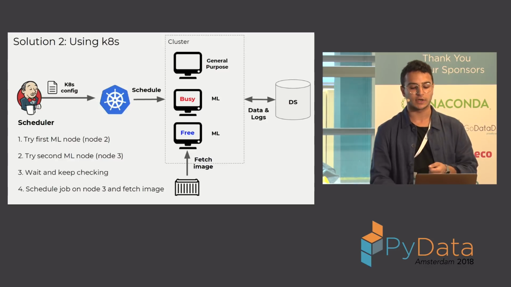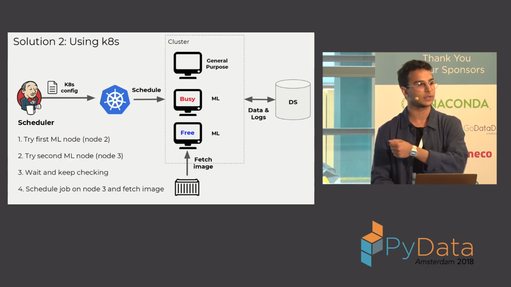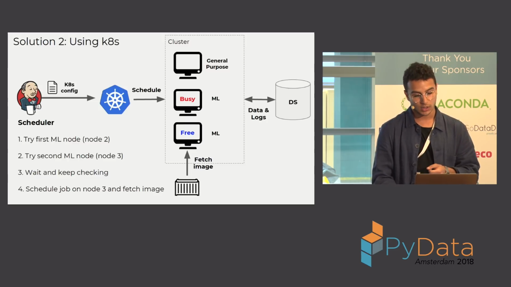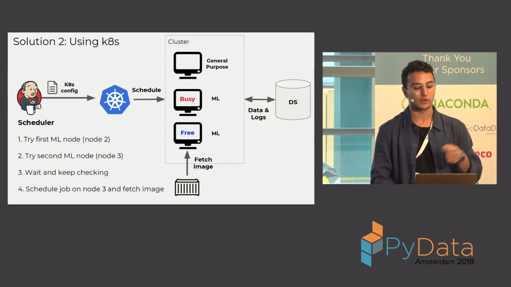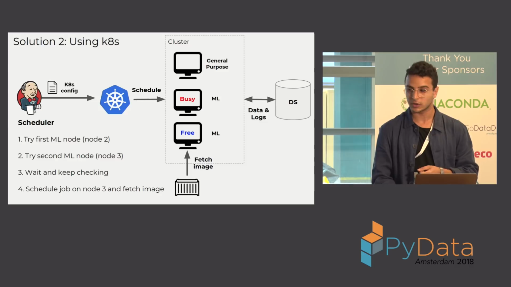And these machines are connected to a data source, to pull the data from, and then write back the logs. So if you have a TensorBoard URL that you'd like to access, and then you'd like to point this to some data store in order to access the logs and see your accuracies, performance, and so on, this is how you do it.